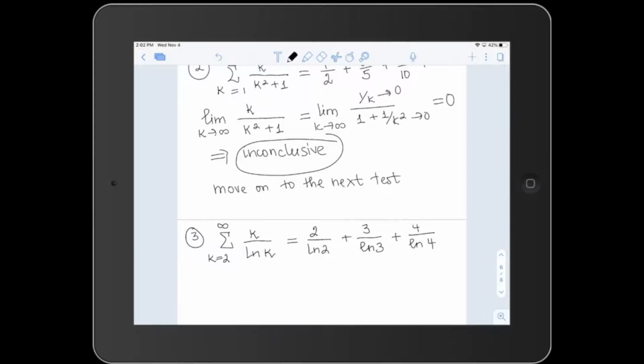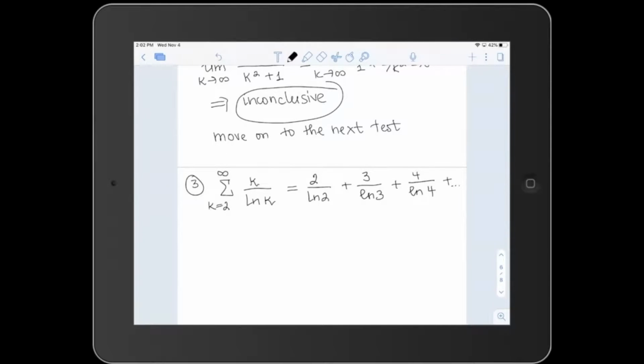Okay, you could plug this into your calculator just to see what happens to these values. Are they getting really big? If they're growing, then of course the summation will also grow. But if they're small, then you might start wondering, well, okay, how small are they? Right? Okay, then we want to apply your first step. Your first step is always try the divergence test. Okay? So the limit as k goes to infinity of this expression,